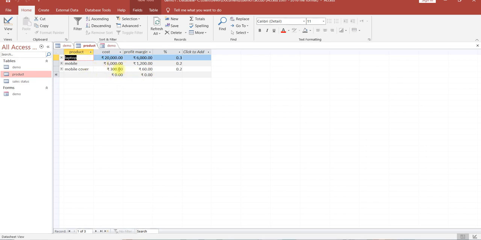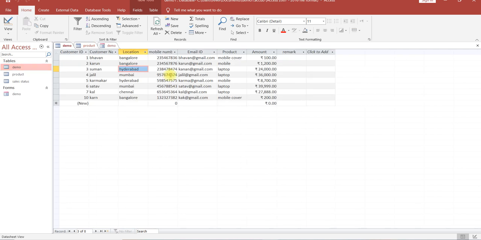In the second table we have product information, where we have created products like laptop, how much it costs, profit margin, and many other information you may have here. So when we have different information in different tables, we need to create a relationship between them.